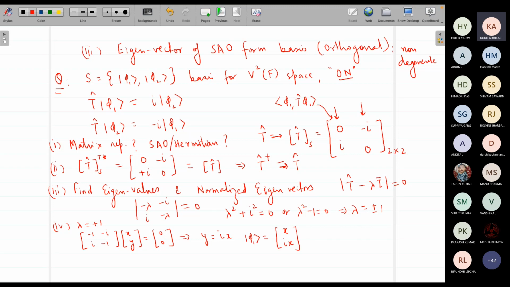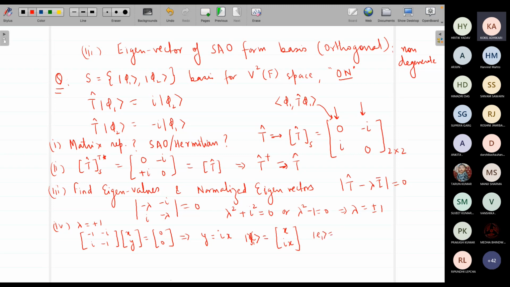But is this normalized? No, sir. So how to normalize it? Take the norm, divide by the norm of this. Okay, divide by the norm and figure out what will be your result. I should not write phi 1 because I have already used phi 1 there. So maybe use chi 1 here. And since I used normalized like this, so let me just